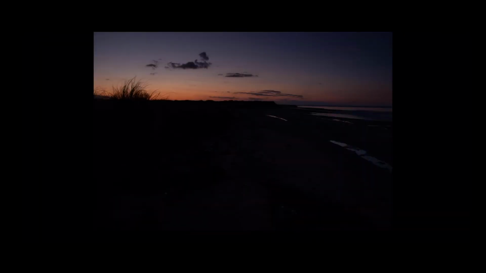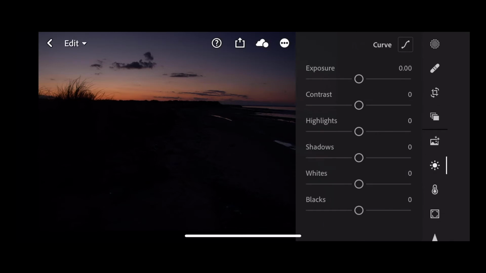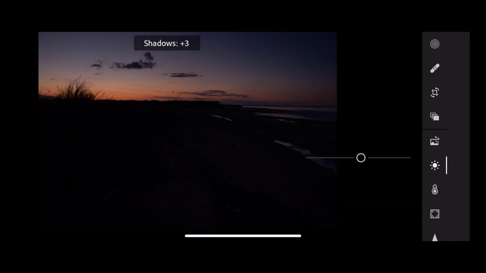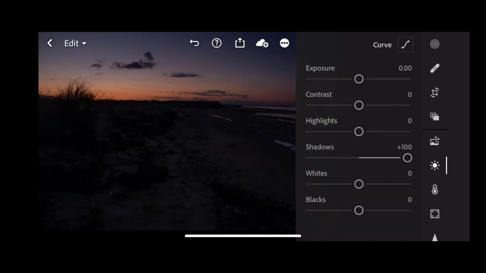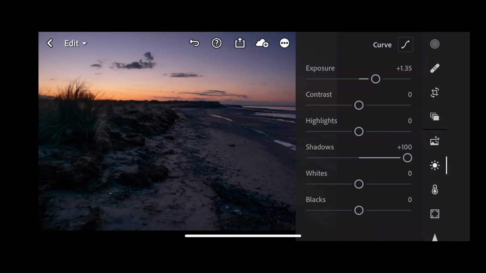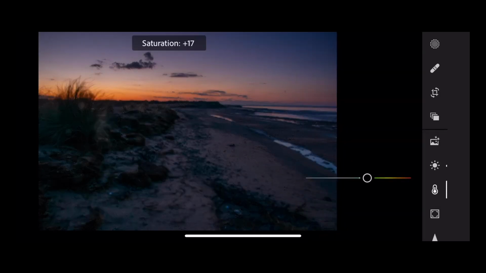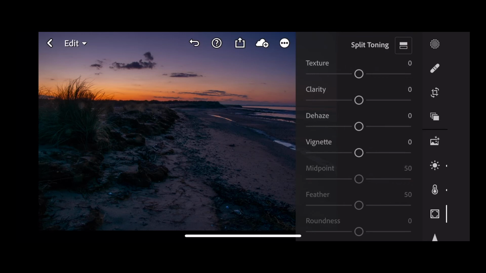Now this image here is really interesting because it's completely underexposed and we've got nothing showing in the foreground. Let's say we want to adjust that and make this picture a little bit better. Press the light. The first thing we want to do here really is pull them shadows up because there is no shadow showing. Let's increase our exposure so we get more shadows. That's looking better already. Let's take our highlights down to bring some more details into the light areas of the sky, and then press our colour, add some vibrance and saturation to the image, and into details, bit of clarity,